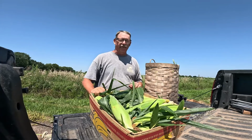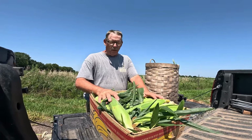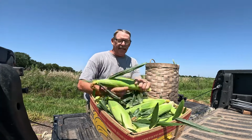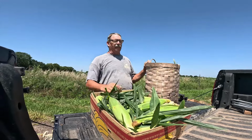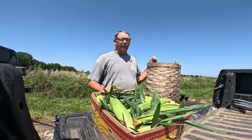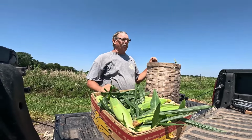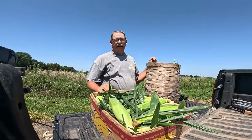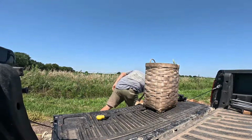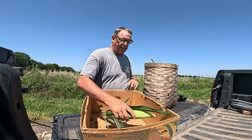And we haul out a nice load of sweet corn. Plus, using the banana boxes, I can get, really I can't do it right now, 5 dozen. The ears are just so darn big this year. So I'm not quite getting 5 dozen in a box, but it makes it handy when I go to the next farmer's market that I have some control over the corn, so it isn't laying around and being an eyesore to the organizers and to the public. So anyway, I'll stack my truck up with as many banana boxes of corn as I can. That's the first thing I do. And then this way, when we're ready to bag up more corn, I just simply